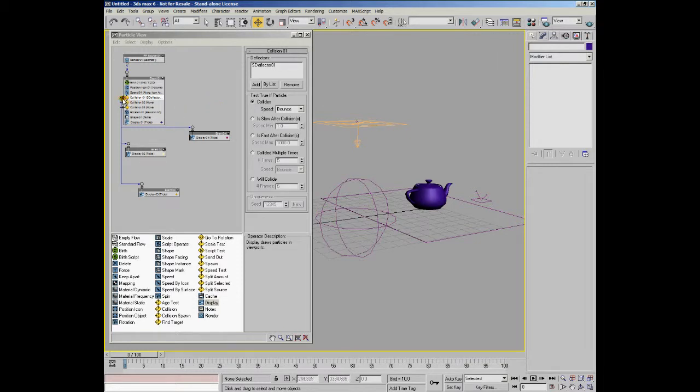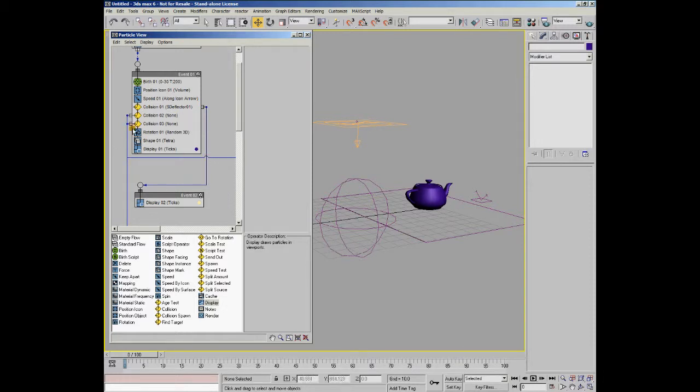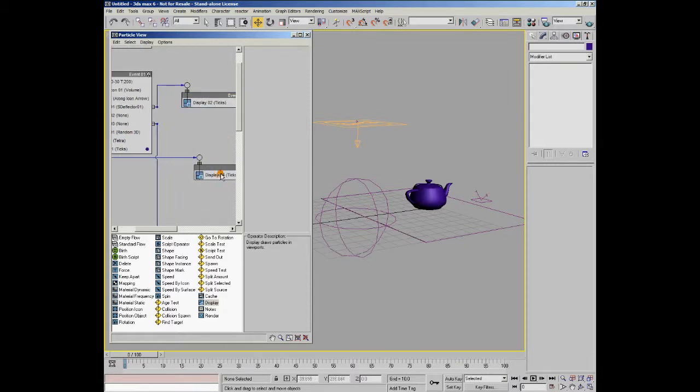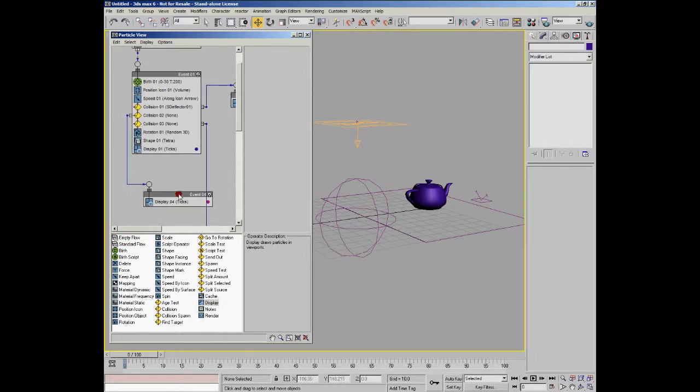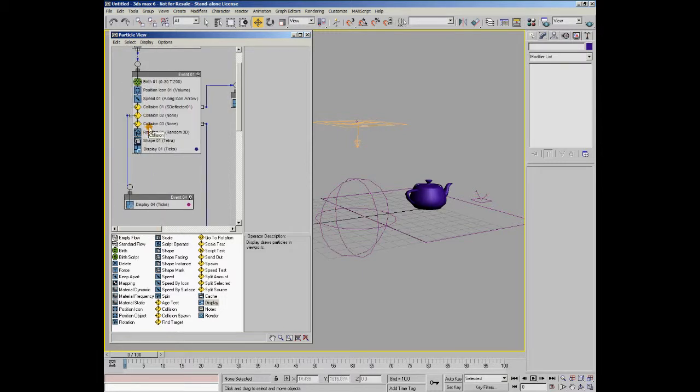Just to make it a bit clearer, let's get rid of the zoom. Let me just move this wire over here so it's a bit clearer what's going on. And I'll move this over here as well. And move this up here so we can get a better idea of what's going where. Okay, so our first collision test is going to the S deflector, and that's been sent over here to the yellow. The second one